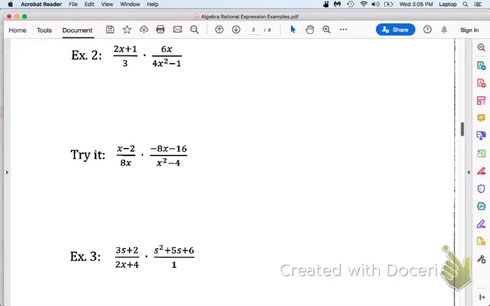So because the first part, 4x squared, is a perfect square, and minus 1, which is another perfect square. So let's rewrite that. So we have 2x plus 1 all over 3 times 6x over, and then the difference of two squares will be 2x minus 1